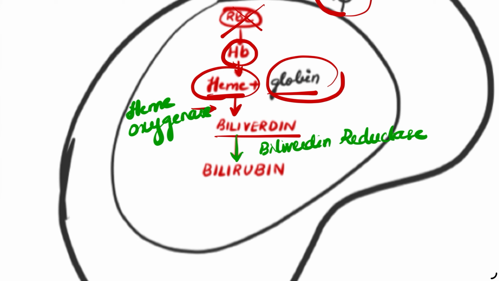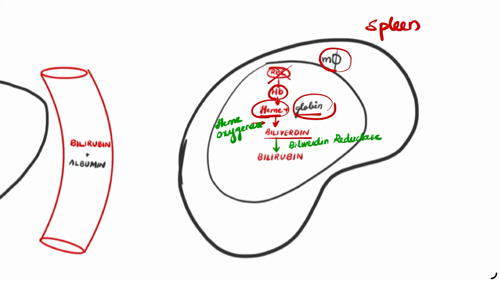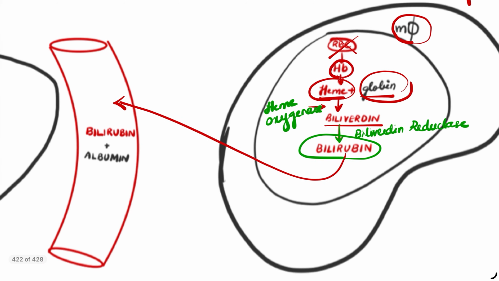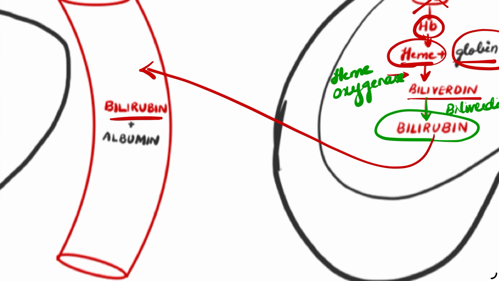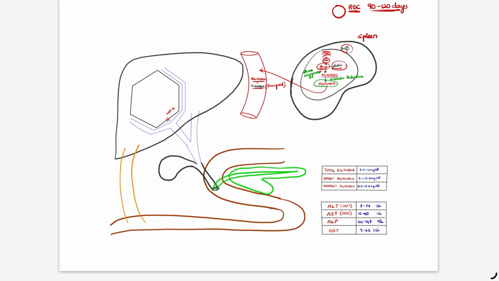So just remember, the old RBCs are broken down in the splenic macrophages, and ultimately bilirubin is formed. This bilirubin reaches the circulation. In the circulation, in the blood, bilirubin is bound to albumin. Albumin is a protein which acts as a transport protein. This bilirubin,